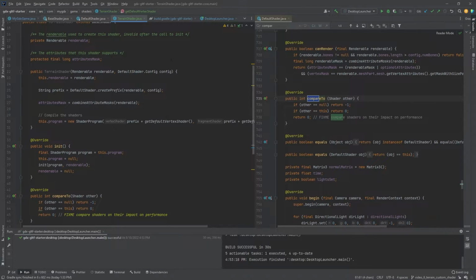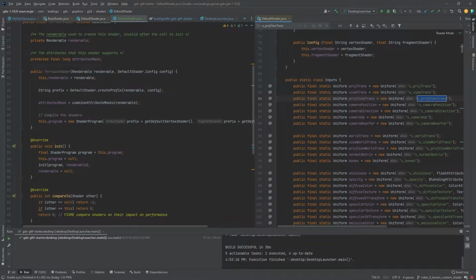And we need to grab a couple of them from the default shader, some basic standard uniforms that you need to render a model and position it correctly. So the ones we're going to need, let's see, we want this projection view trans, and the way these are